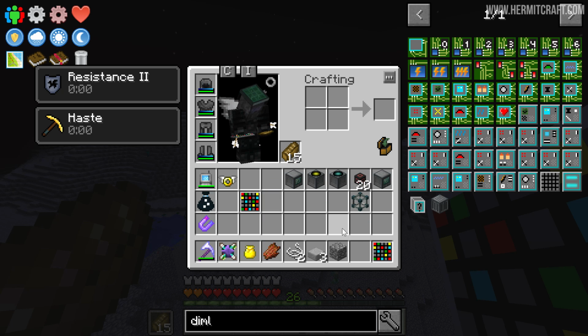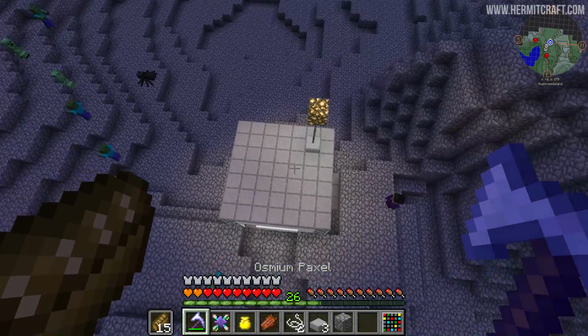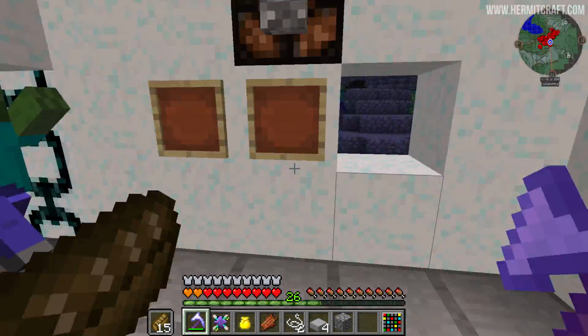So, it's being powered, isn't it? Because we got it back at our base, and it's using 10 RF per tick, which is ever so little. Some of them cost a fair bit more, and because we can fly...